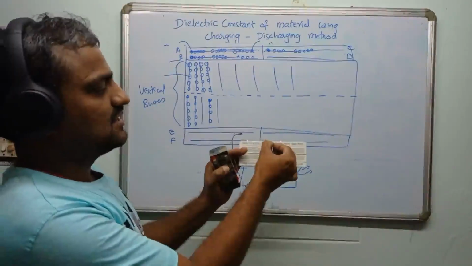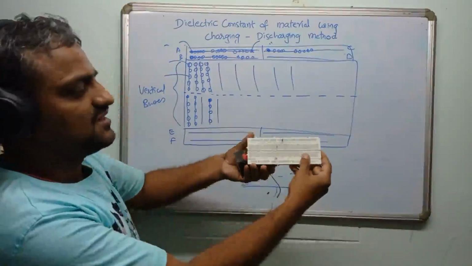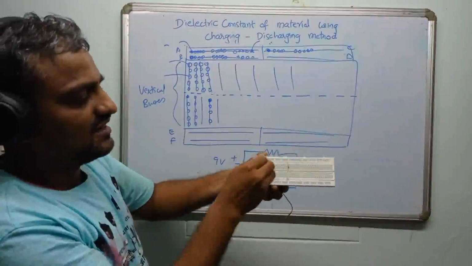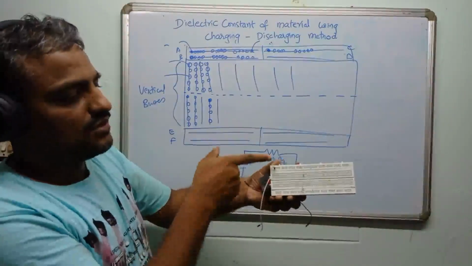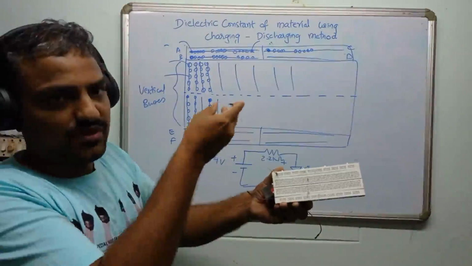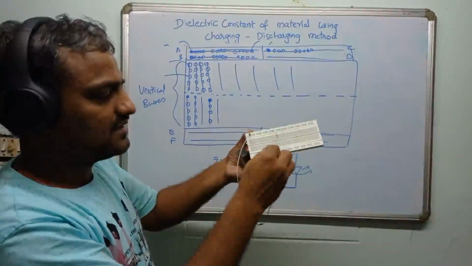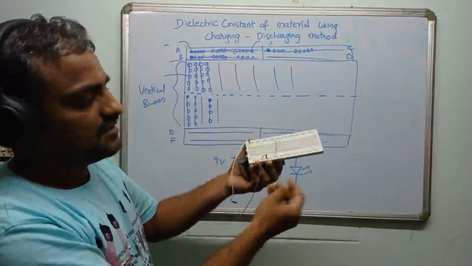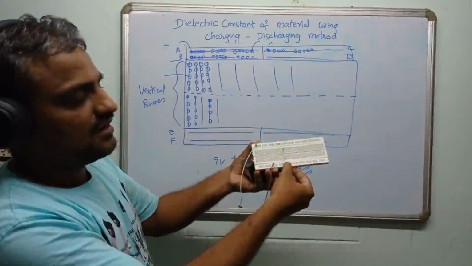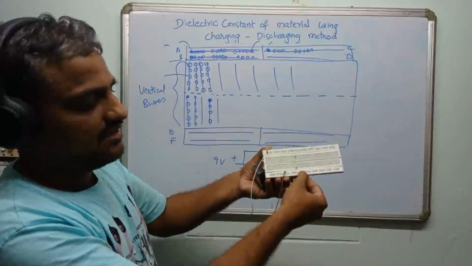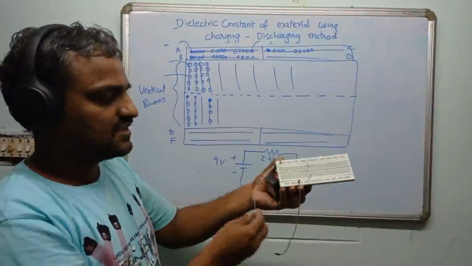Please observe, I'm inserting it here. If you dislike, you need not insert here. You can even insert here also. So the entire bus is connected. So this is my positive. And similarly, the other one, which is my violet color, I am inserting it here. So I can insert anywhere in the upper bus of the lower side. I have inserted here. So this is my negative, this is my positive.